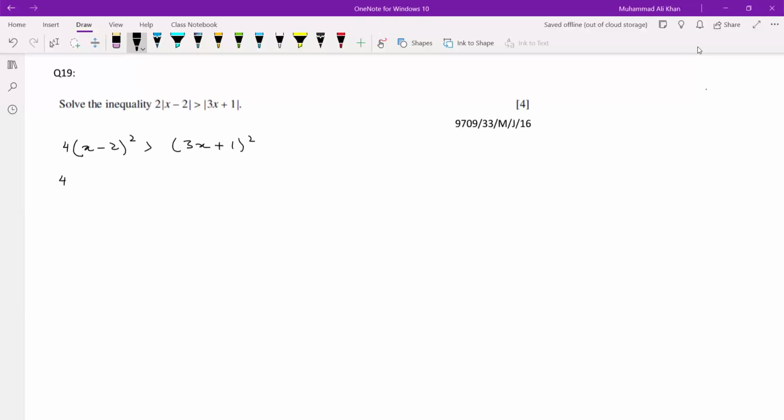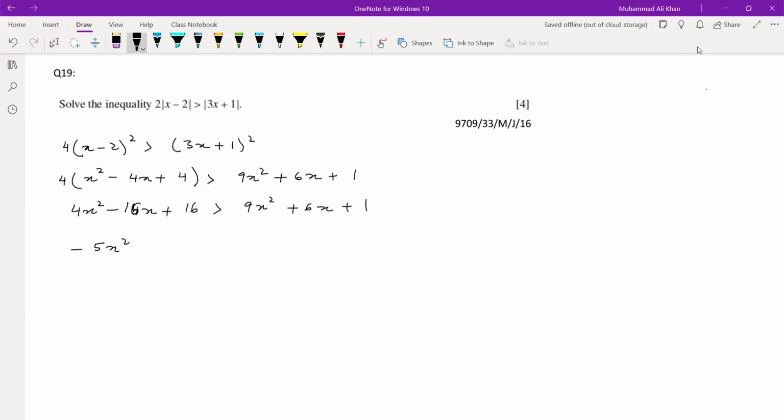By whole square formula, it will be 4, a squared minus 2ab plus b squared. Here it is 9x squared plus 6x plus 1. Now 4x squared minus 4x, 16x, plus 16 greater than 9x squared plus 6x plus 1. 4x squared minus 9x squared is minus 5x squared, minus 16x minus 6x